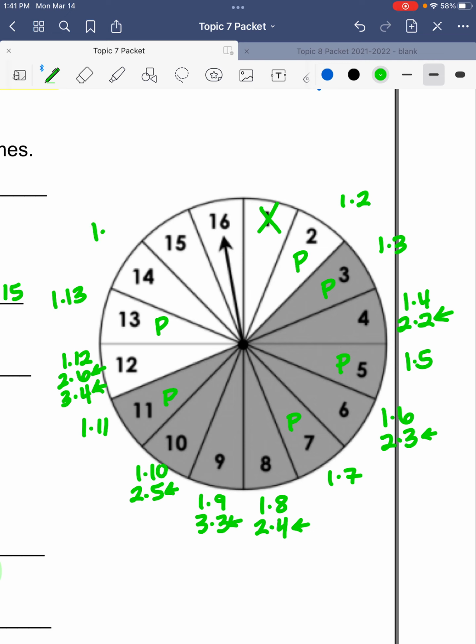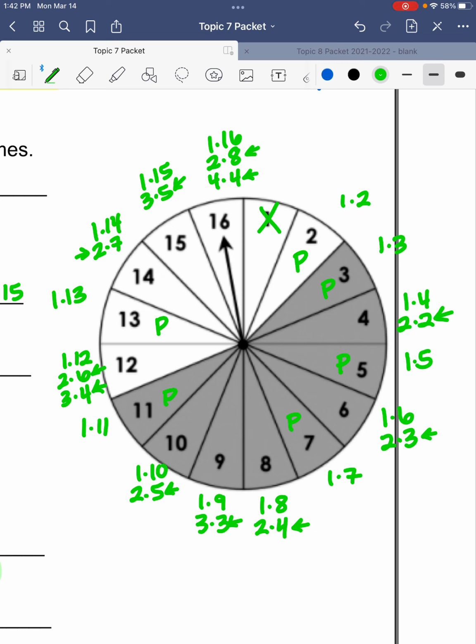14. 1 times 14 and 2 times 7. Because I can multiply 2 times 7 together, I know that 14 is not prime. 15. 1 times 15. 3 times 5. Because I can multiply 3 times 5 to make 15, 15 is not prime. 16. 1 times 16. 2 times 8. 4 times 4. Because I can multiply 2 times 8 and 4 times 4 to make 16, I know that